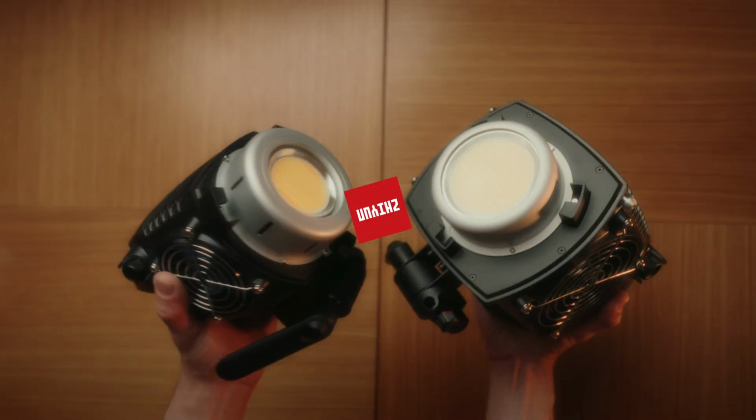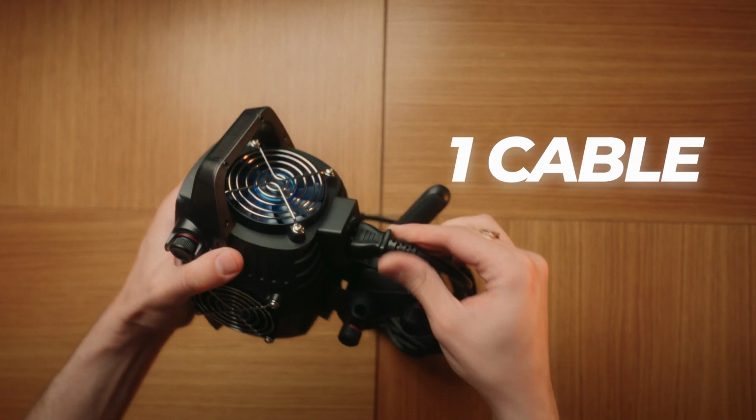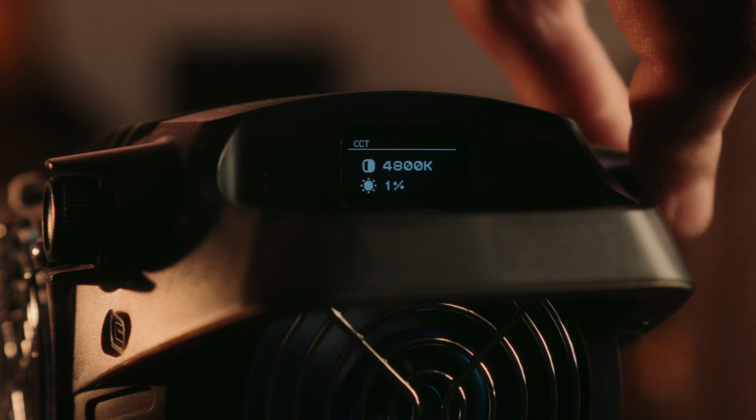These new B lights from Zhiyun are totally breaking the lighting industry. Now you can get a 500 watt light that costs like a 200 watt light. Also, you can use only one cable to run this light, and you can easily choose the right color temperature